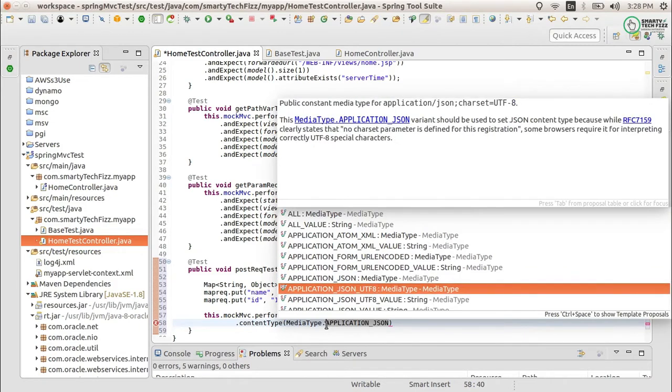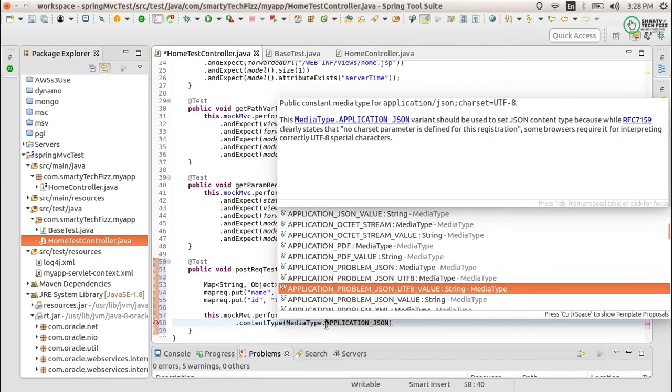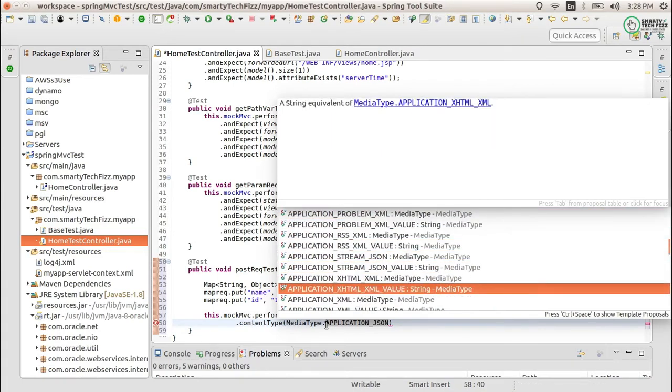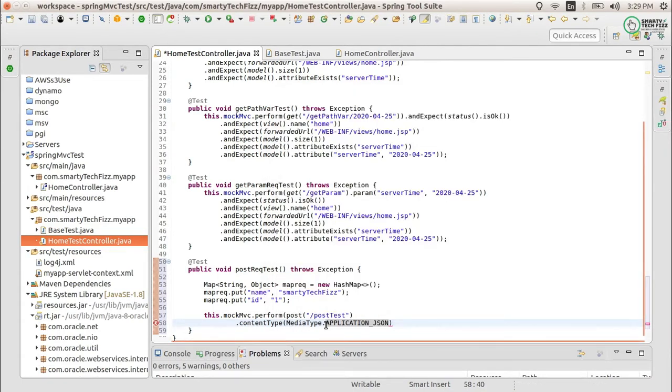We actually use the UTF-8 one many times. There are multiple content and media types they have provided us, so you will define it as per your convenience.